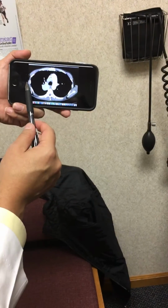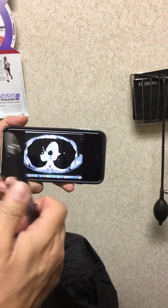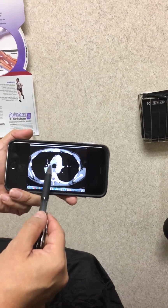This is your left side and this is your right side. That's your windpipe right in the center. You see that hole? This CAT scan was done with contrast, so the white stuff is the aorta. That's the blood vessels. So that white stuff that you see is the blood vessels, and this is the mass